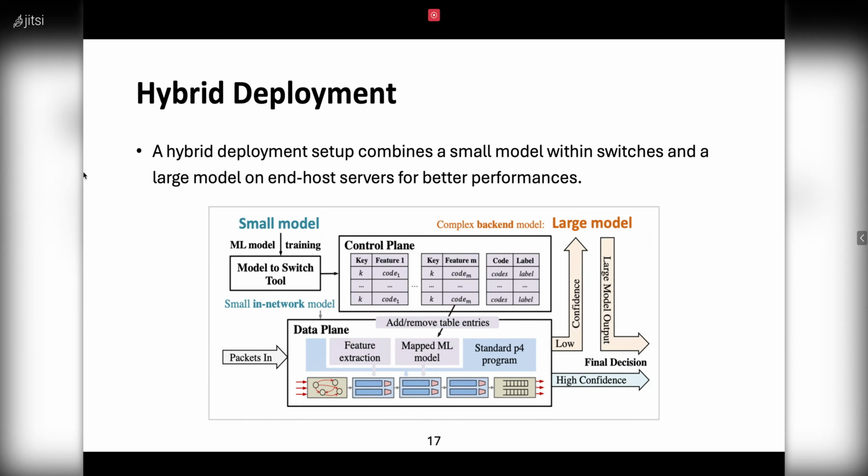If the confidence level on the switch is low, we can forward it to the server for further classification. In this case, we can both assure high accuracy and ensure low latency, because part of the traffic and the transaction value can be processed within the switch with already very high confidence, so that it does not need to go to the server.